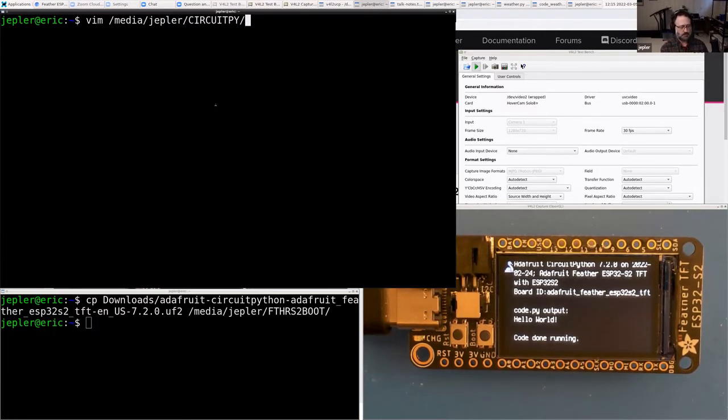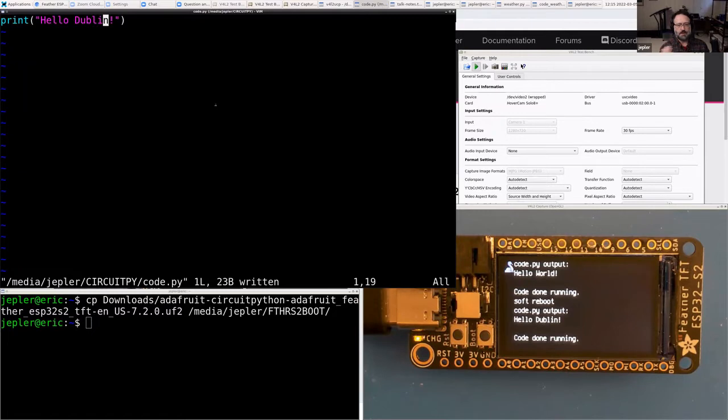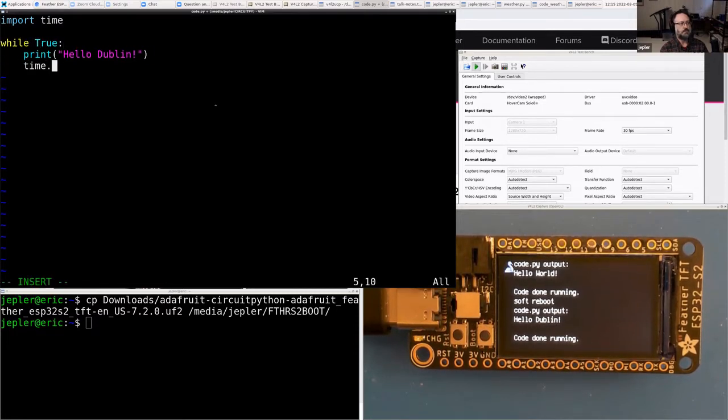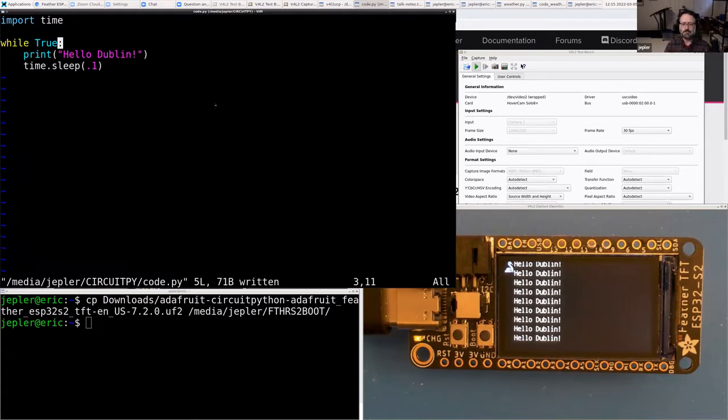And you can use any reasonable editor or even Vim to edit your program. So we can make a simple edit to our program, write it out, and then it will reload and run our new code. And a lot of what you can do is the same as desktop Python. So we can import time, we can have a while true loop, we can do a time.sleep of 1.